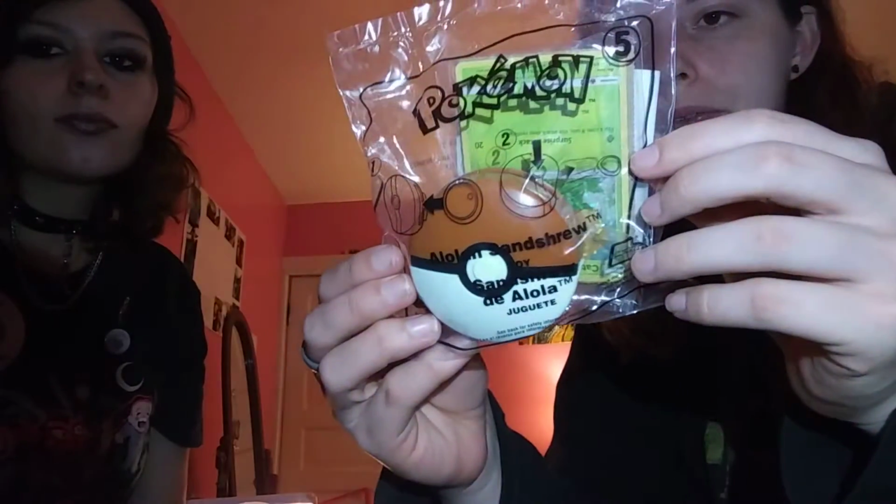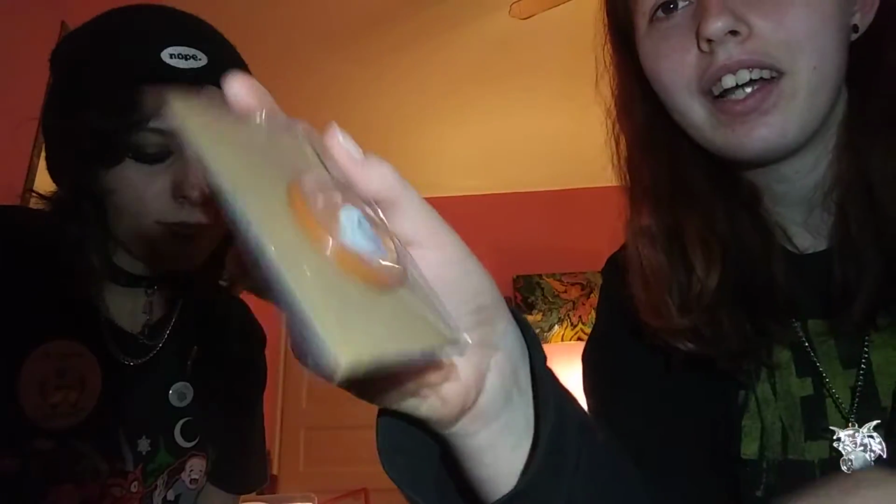Alright. We have number 5 here, which is an Alolan Sandshrew that I just got the card of. So this one, for some reason his coin is on the back. I guess it came over there. All the other ones are on the front. But it also has the Caterpie card, so unfortunately I didn't get a new card there. Can't collect all the cards either, darn. So,